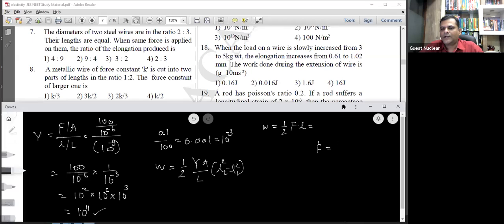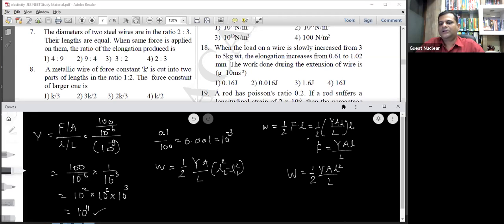तो अभी लेकिन फोर्स का फॉर्मूला क्या है हमको ऑलरेडी पता है, फोर्स इज ऑलवेज इक्वल टू वाई ए इंटू स्मॉल एल अपॉन कैपिटल एल, करेक्ट। अगर ये हमने डाल दिया यहाँ पे तो हमको मिलेगा हाफ इंटू फोर्स के बदले वाई ए स्मॉल एल अपॉन कैपिटल एल इंटू स्मॉल एल, और इसको ही अगर ठीक से लिखेंगे तो हमको ये फॉर्मूला मिलता है वर्क डन के लिए, वर्क डन इज इक्वल टू हाफ इंटू वाई ए एल स्क्वायर अपॉन कैपिटल एल, करेक्ट है।